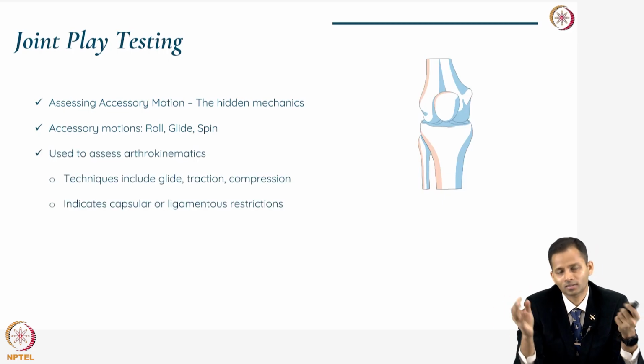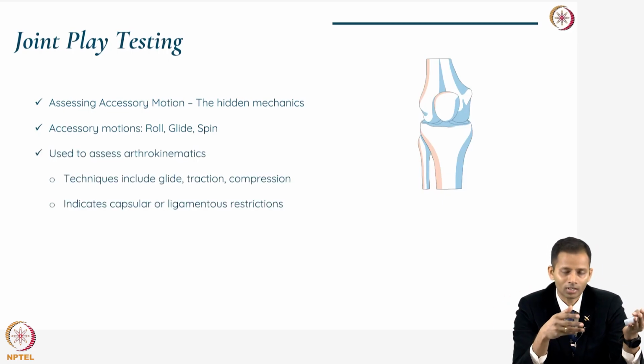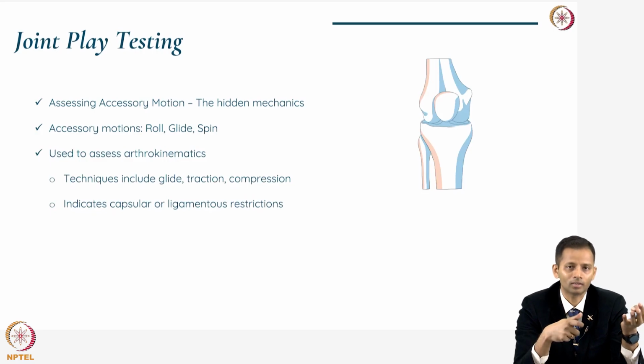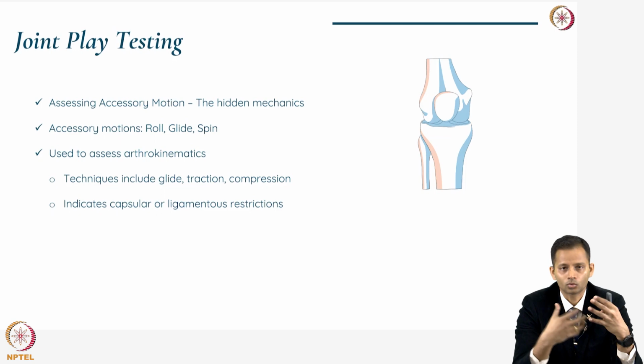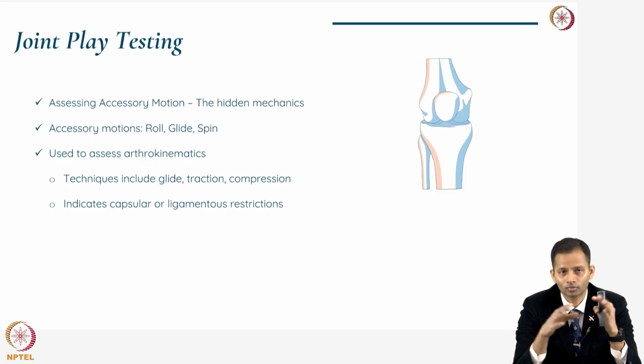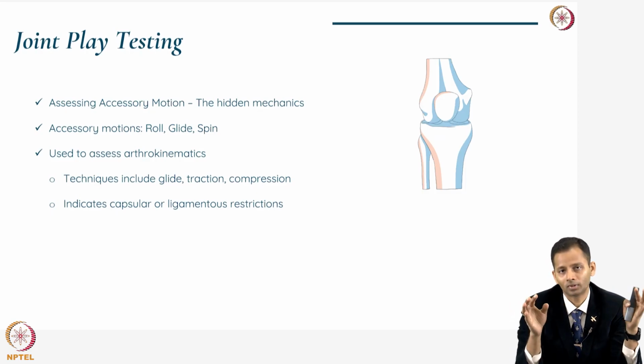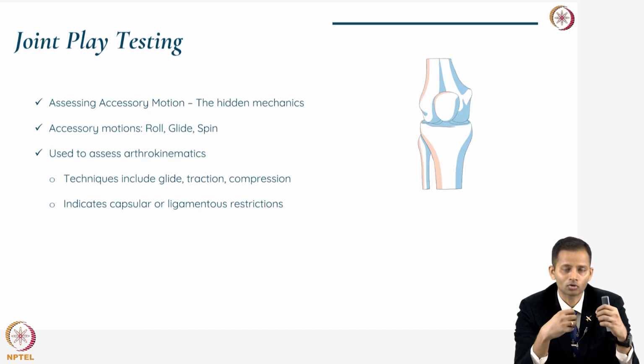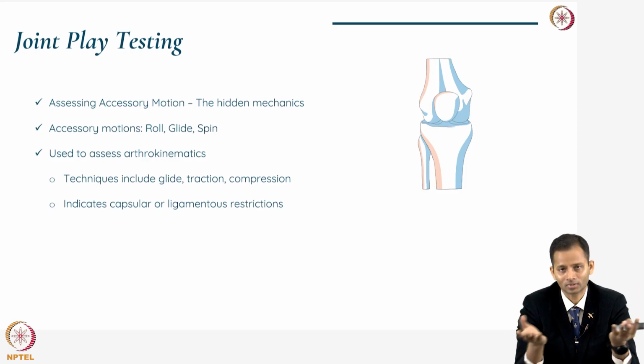So, each joint has a specific position at which it has to be tested. Generally, you fix the proximal segment and move the distal segment and see what movement is available. It can be tested using a traction technique, compression technique, or a glide technique. So, this helps in identifying the room available for the segments to move within the joint. It is the capsule which gives the covering, right, and thereafter you have various ligaments that give static stability to the joint.